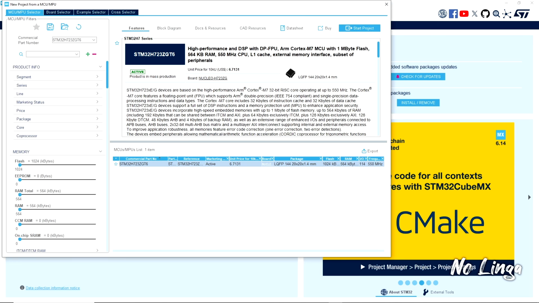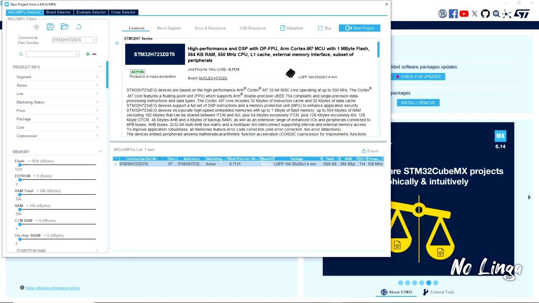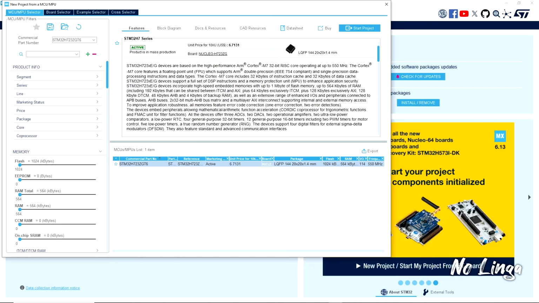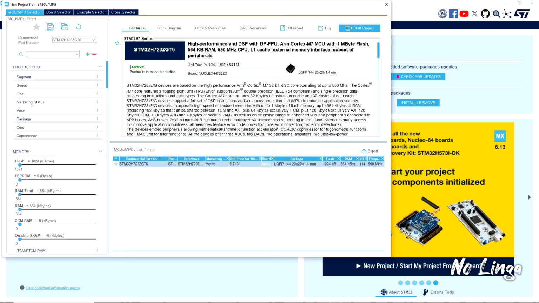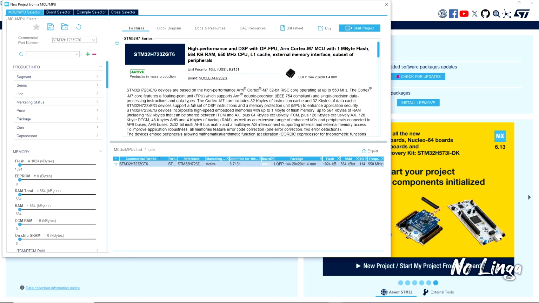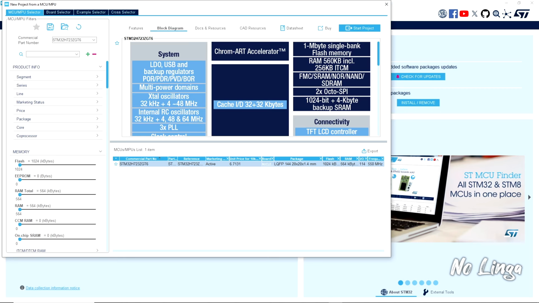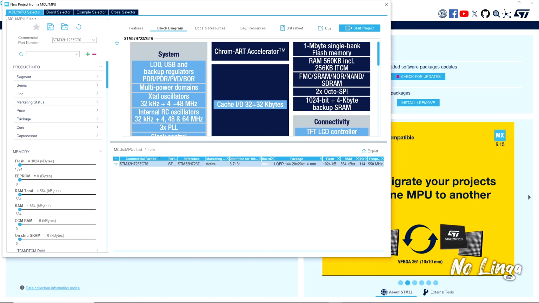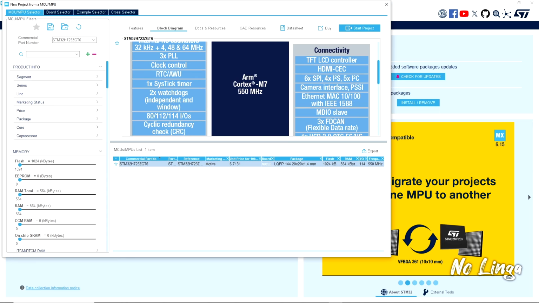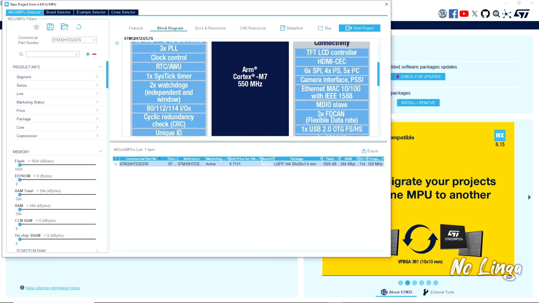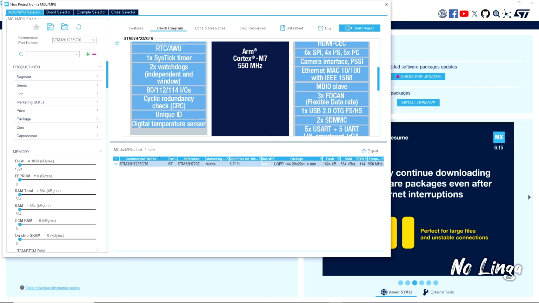You'll see the overview information about the microprocessor just like if you were on the website. And there are tabs at the top for the block diagram, docs, and resources. We can scroll a little bit, but if you look at the top, you can also access quite a few tabs. The block diagram,